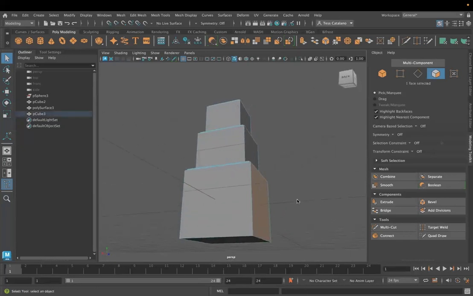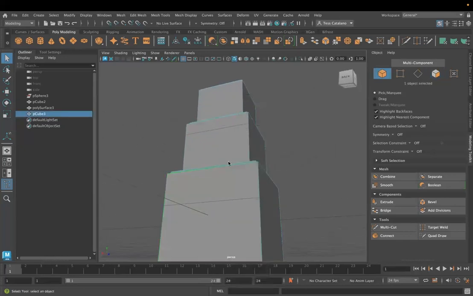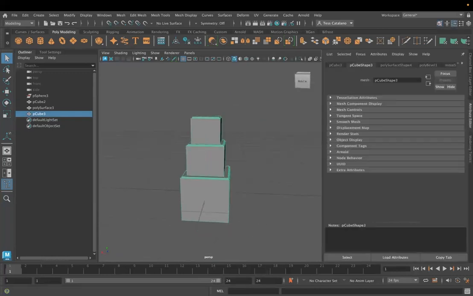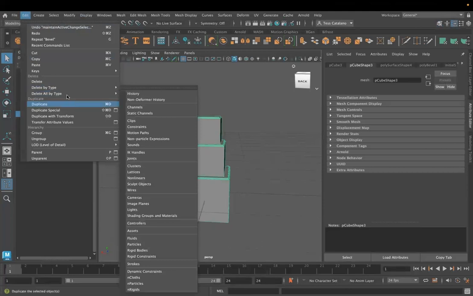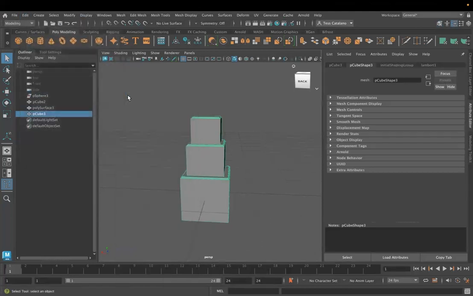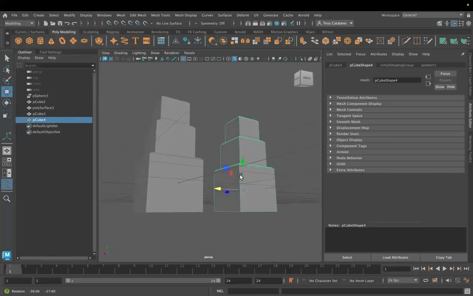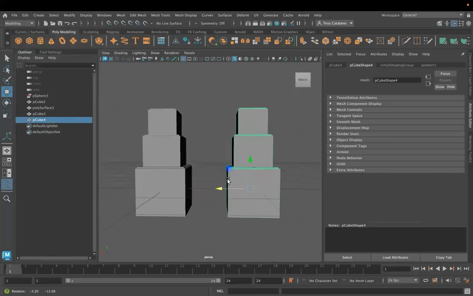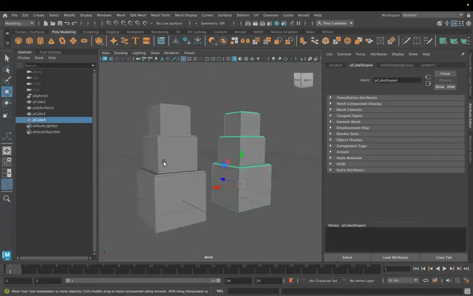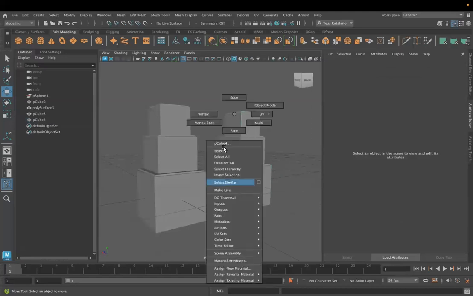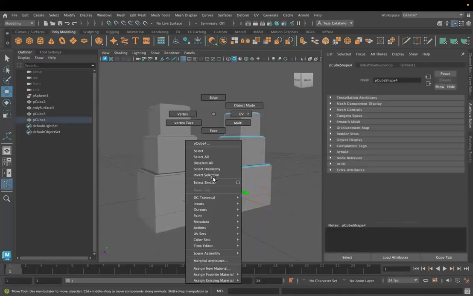Let's see, the bridge tool, for example, let's take this object here and let's go to the attribute editor and just clean up all of this. Edit, delete all by type history. And let's duplicate this object. Okay, what the bridge tool allows me to do is generate faces and forms between